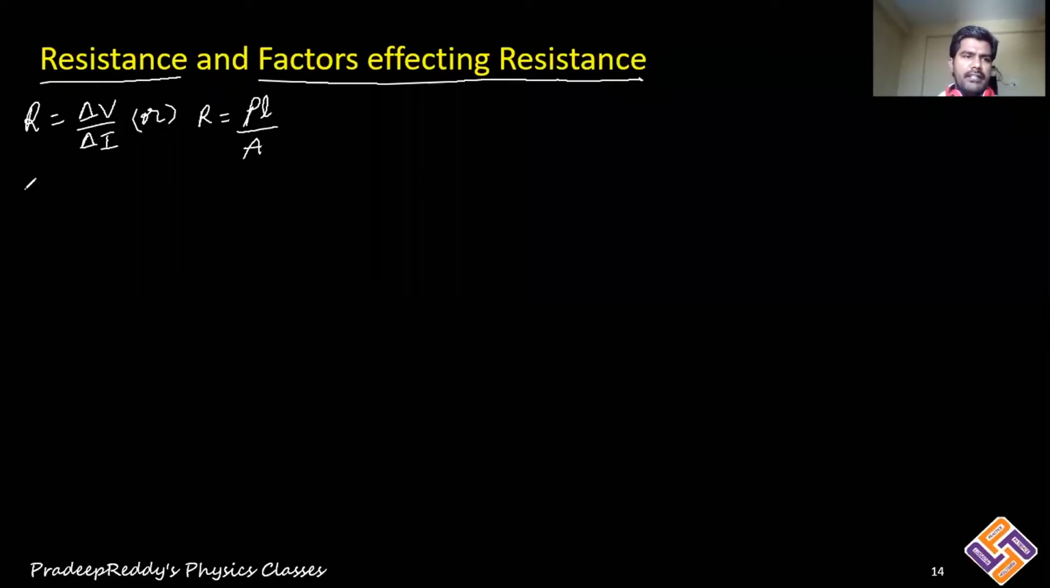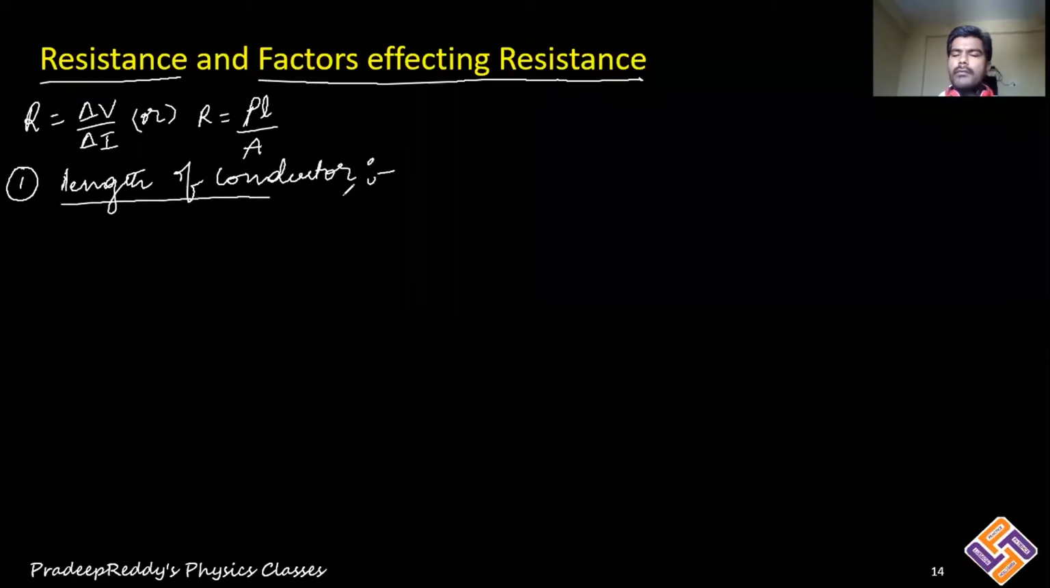The first factor which affects the resistance is the length of the conductor. How does the length of the conductor change the resistance of the conductor, and what is the reason for that? We'll just discuss within 1 minute. Now let me take a conductor. You have a conductor here,